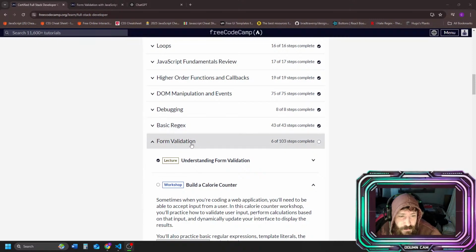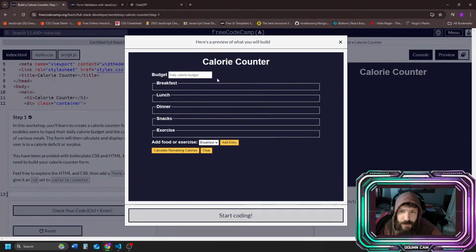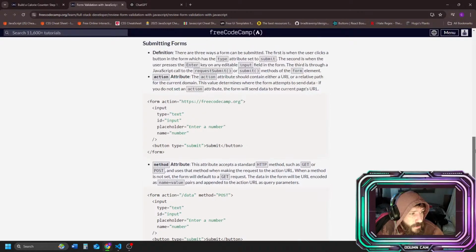So yeah, today we're going to go over form validation. I started it and then was like, oh wait, what am I doing? So yeah, we're going to go through this for form validations, going over all this stuff right here. So we've got